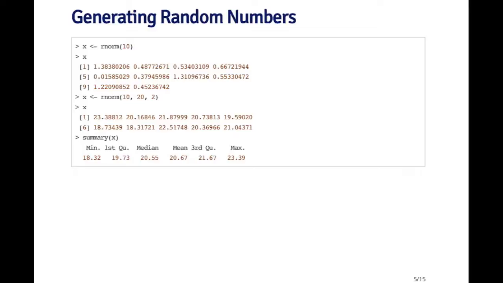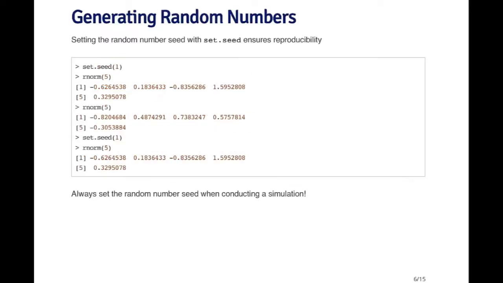So here, this vector has 10 random normal random variables, and their mean is roughly 20, and their standard deviation is 2. So anytime you simulate random numbers from any distribution for any purpose, it's very important that you set the random number generator seed, and this can be done with the set.seed